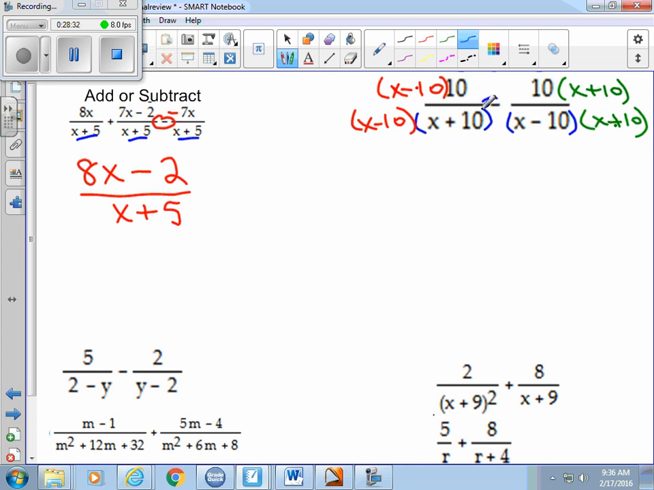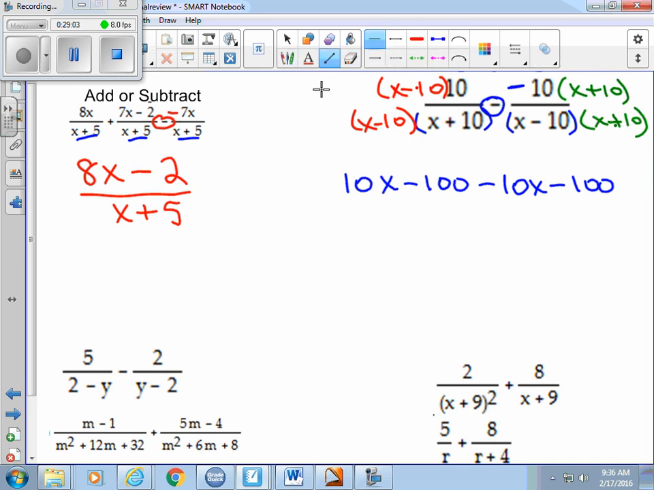Remember, be careful with negatives. I'm going to move that negative up here beside the 10 so that I remember to distribute it to everything on the top. So, on the top on the left, I get 10x minus 100. On the top on the right, I get negative 10x minus 100. Remember that negative distributes in to everything on the top. Divided by